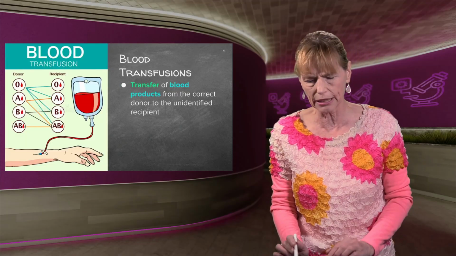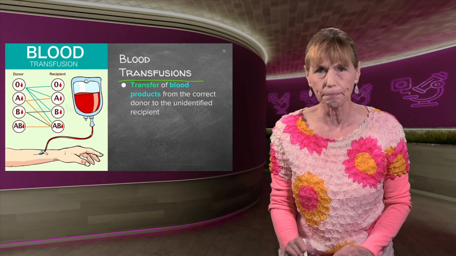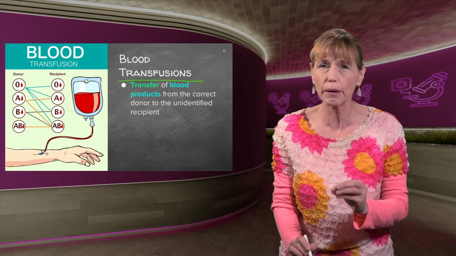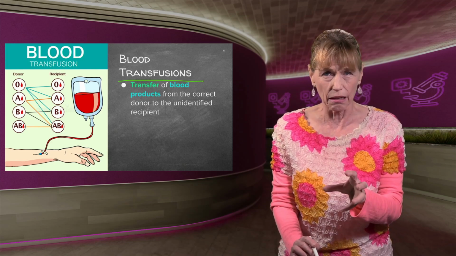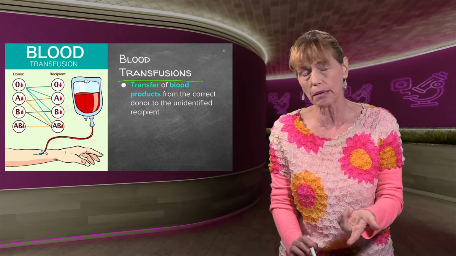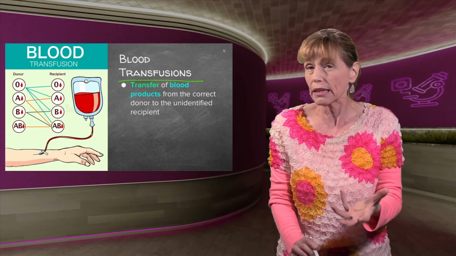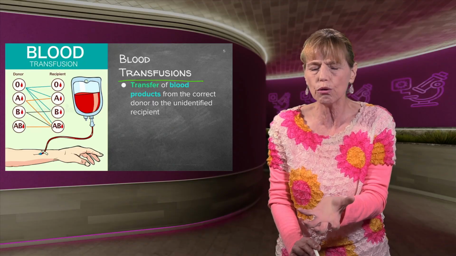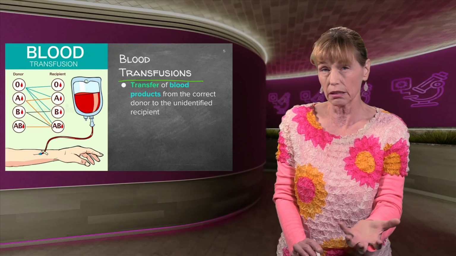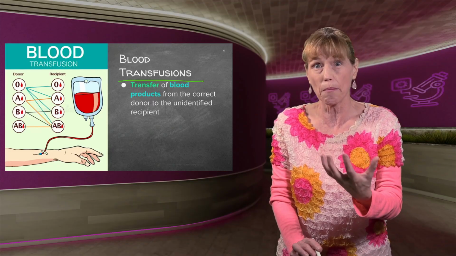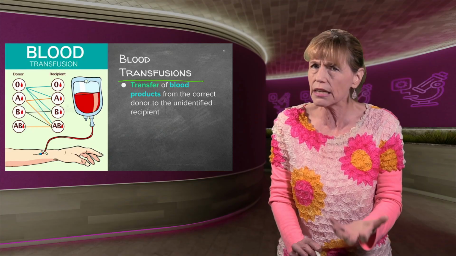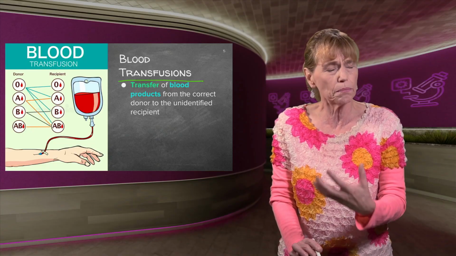Okay, let's start with blood transfusions. Now, blood transfusion is where you take blood matter, which is the platelets and the white blood cells and the plasma. We take that, and of course the red blood cells, and that can be used for somebody who has lost a lot of blood. It could be through hemorrhaging, which means serious blood loss, injuries, bleeding out.